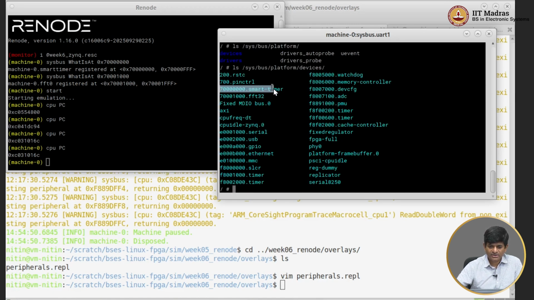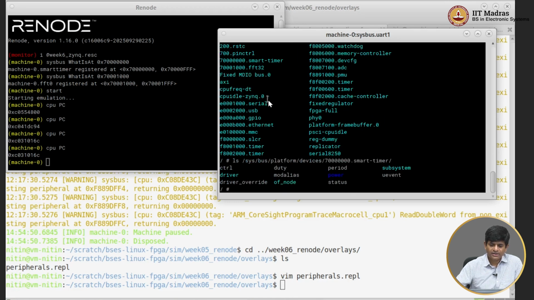One of the useful things that we can see over here is this thing called the smart timer. So I can go inside and look further into this, and sure enough, I start seeing these different names: there is control, there is duty, there is period, and there is status. And we know that these are names which we registered as part of our sysfs attributes. So we have already seen this demo, but just to confirm it, I'm going to go through and do this once again. I can, for example, echo or write a number,